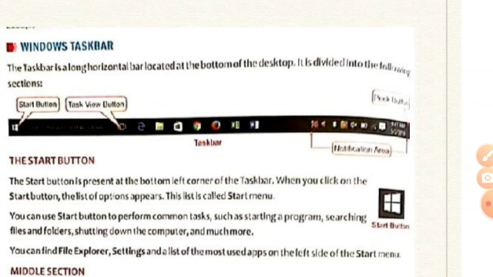When a program is active or open, or you're working on it, the button will be highlighted in a lighter color with a bar below it. That shows that, with so many programs open, you are currently working on that particular program. So that's why this shows a differentiation.